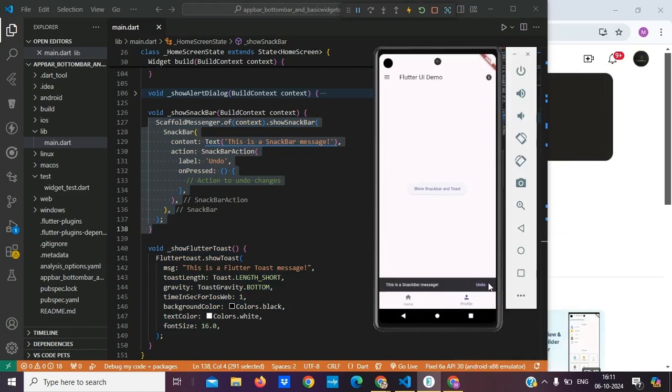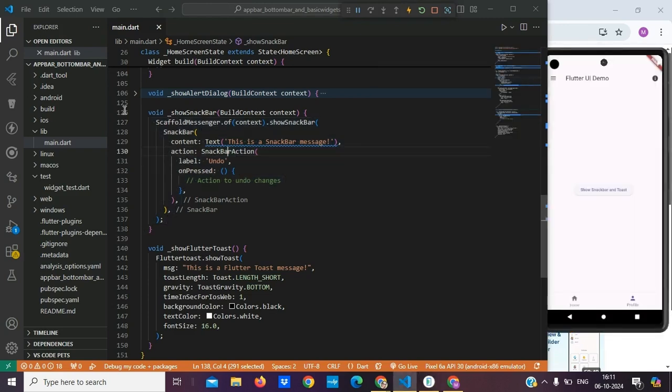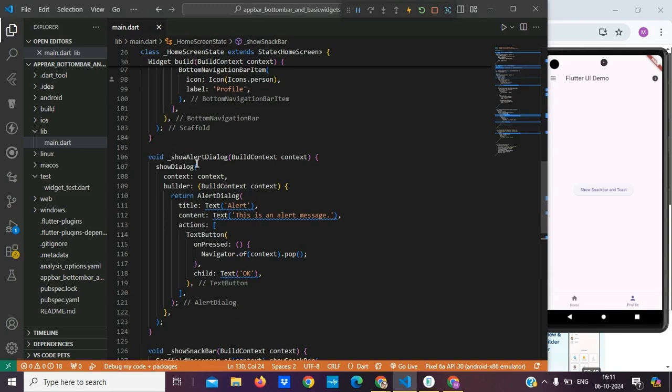This is the snack bar message. This is the default snack bar we are getting from Flutter UI, and this is the Flutter toast message. You can see we can customize this in Flutter toast. So yes, this is the Flutter toast. This is snack bar, and we have already discussed alert dialogs. So these are the things we have to use in alert dialog. This is for alert,